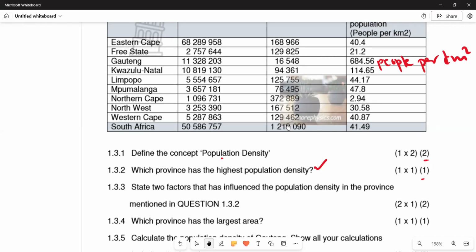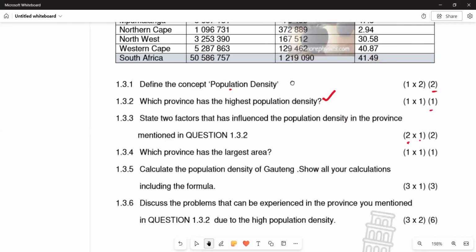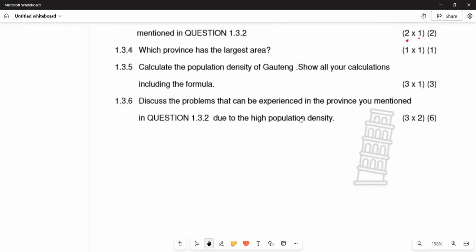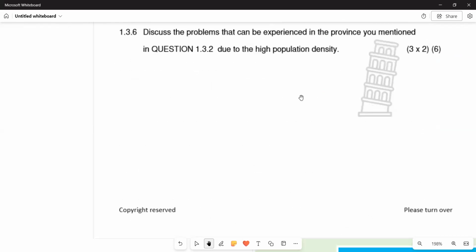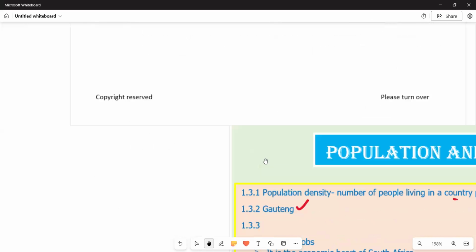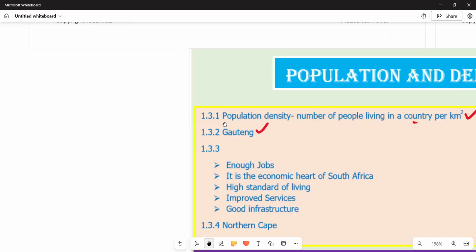So if you look at the question now, it has 2 marks. So we are supposed just to raise 2 points, and each point with 1 mark. So we go to the answer section and see what points we have on that question. Let's try to see. So if you move down to our question,